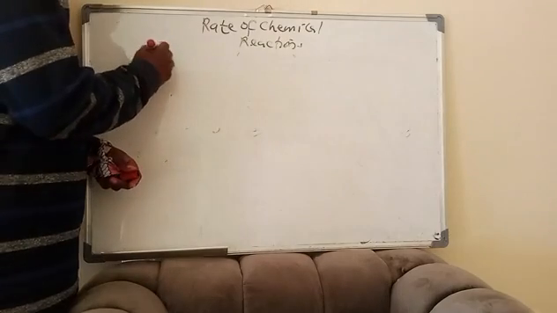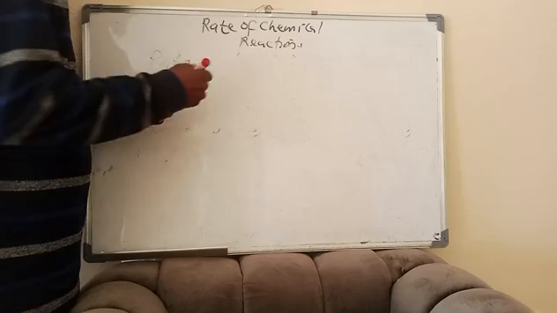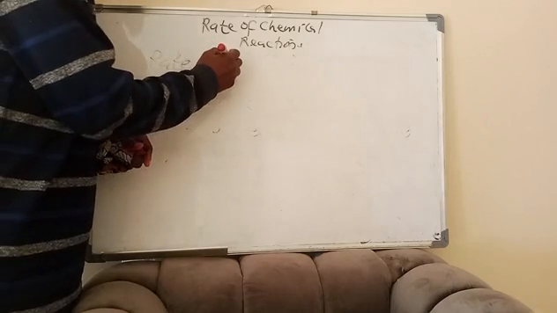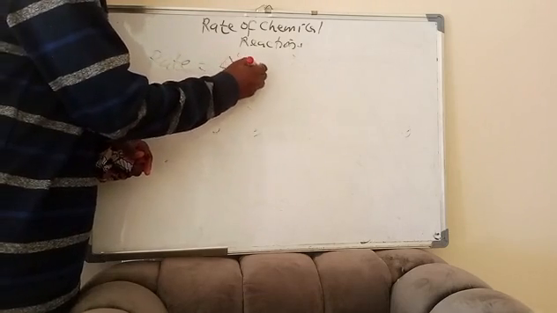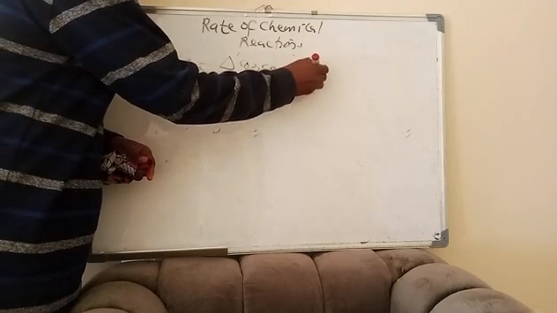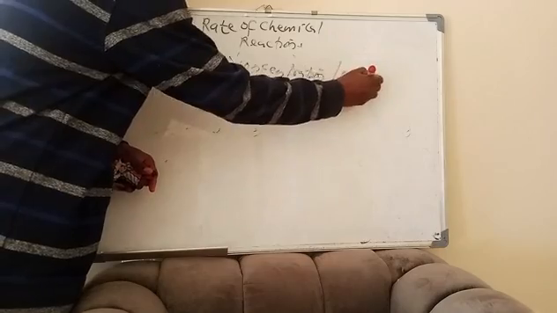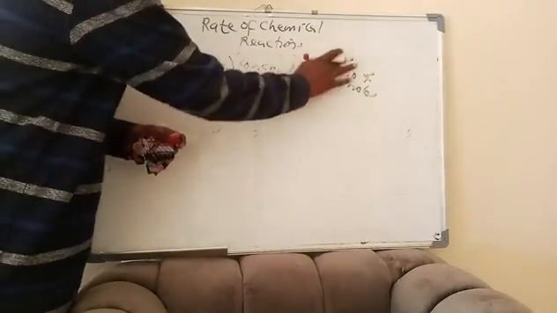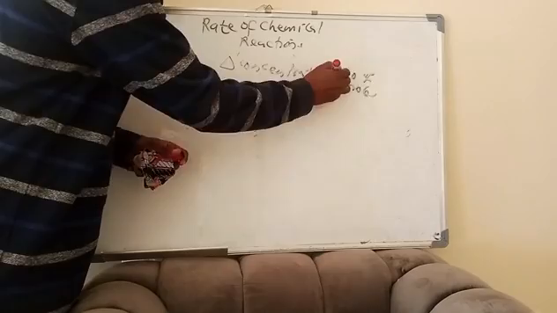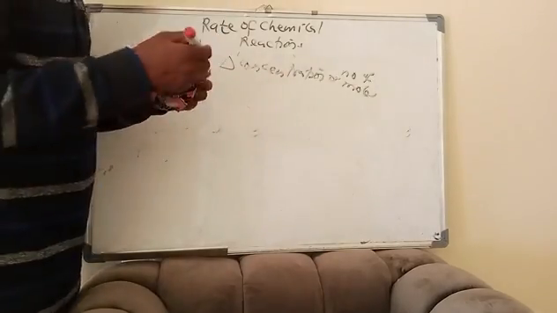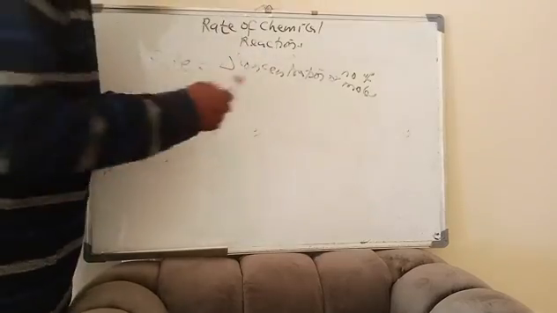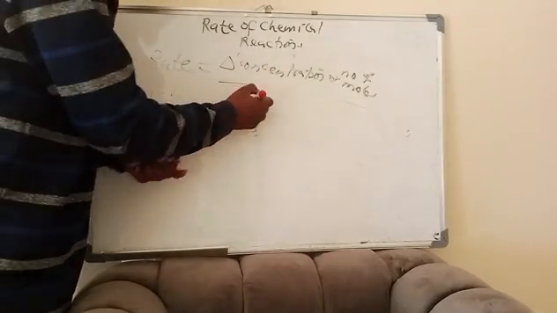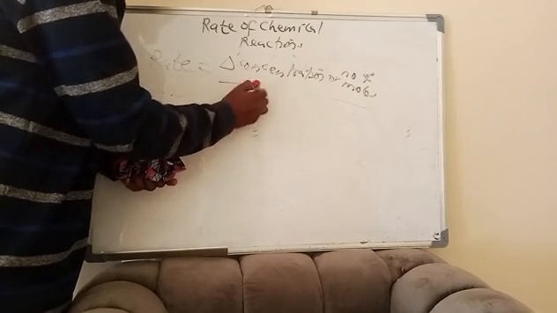So this rate can be mathematically defined and measured in terms of the change in the concentration, or the number of moles. Let me put "or", so it will not look like I'm dividing. So the change in the concentration or the number of moles of the reactant or of the product, all over the unit time, the time required for such change. That is all over, let's say, change in time.